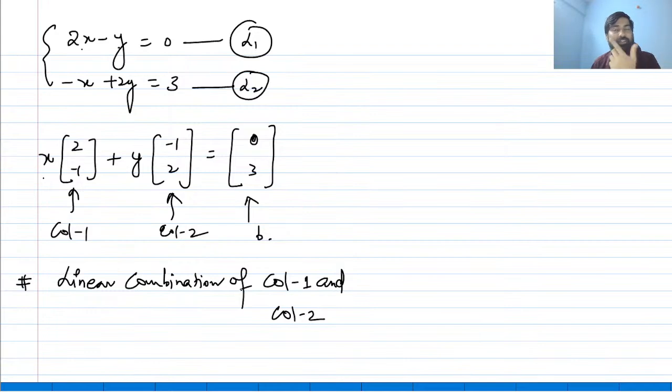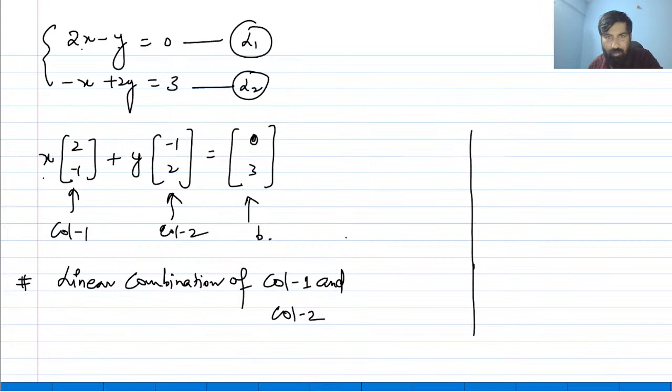We can take x equal to 1 and y equal to 2, any value of x and y. They are variables, but here if you take x equal to 1 and y equal to 2 and add two vectors, how do you add two vectors? We know there are various methods, different laws of addition, like the triangular law of addition and the parallelogram law of addition. First of all, we will show you on the xy plane.